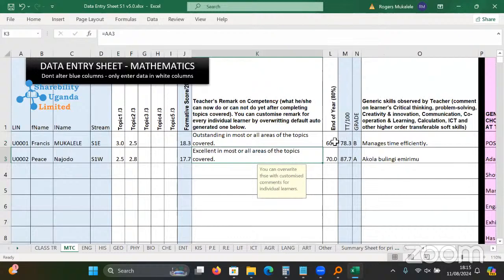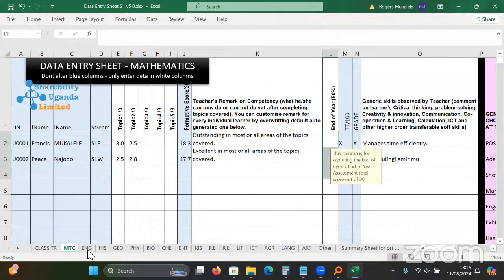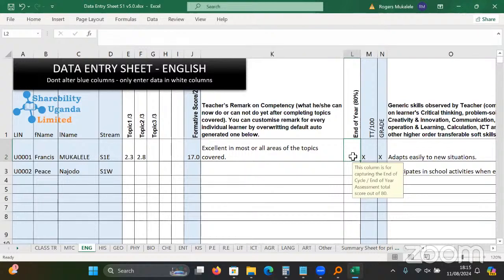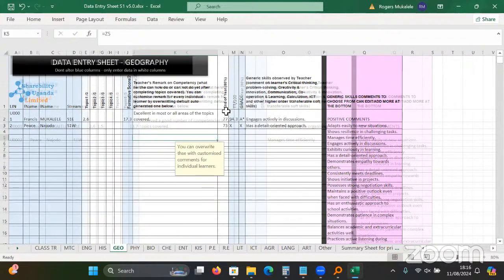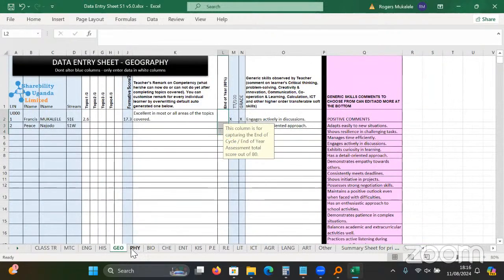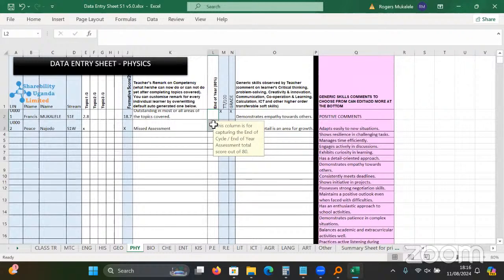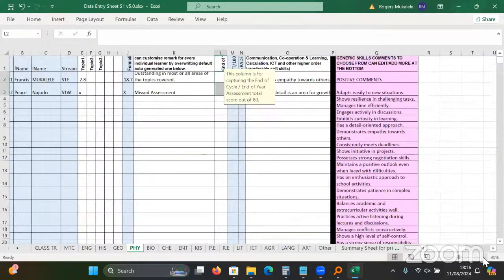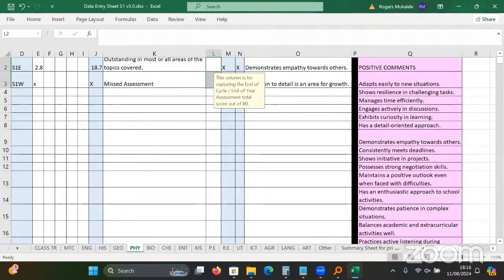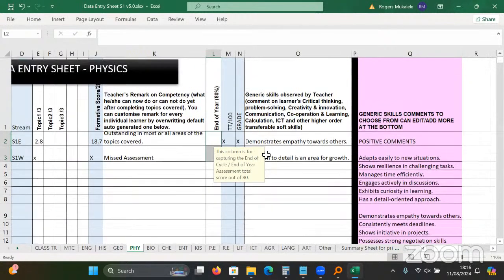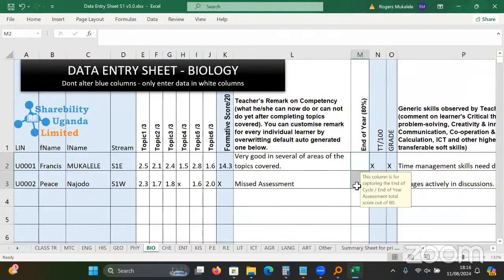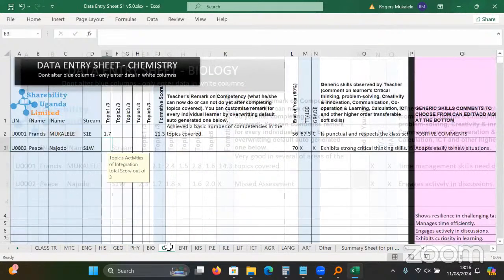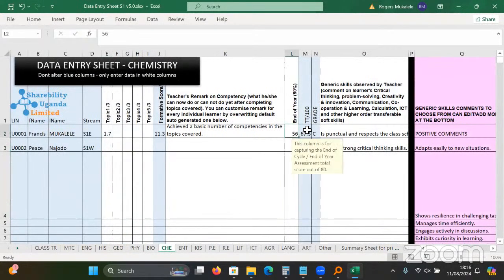Now, in case it's a term where you have not done out of 80 exams, so let me remove these out of 80 exams. If I remove these out of 80 exams, these are the out of 80 exams. So we have a part for out of 80 exams, and we have a part for out of 100. So if I remove the out of 80 exams, these ones here, or maybe the learners never did the end of year exam, what will happen is,